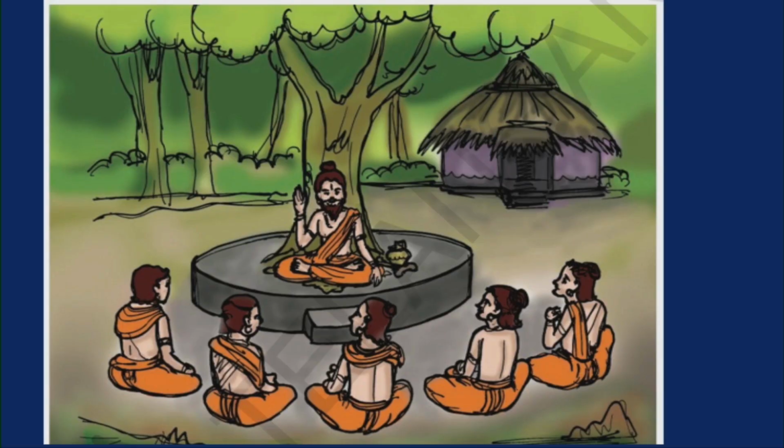Now children, answer my questions now. How many students are sitting in front of the Guru Dronacharya? Easy to count, right? Yes, they are 5. Do you know who are they? Already I told you Dronacharya was the guru of Pandavas and Kauravas. So those 5 people are Pandavas.